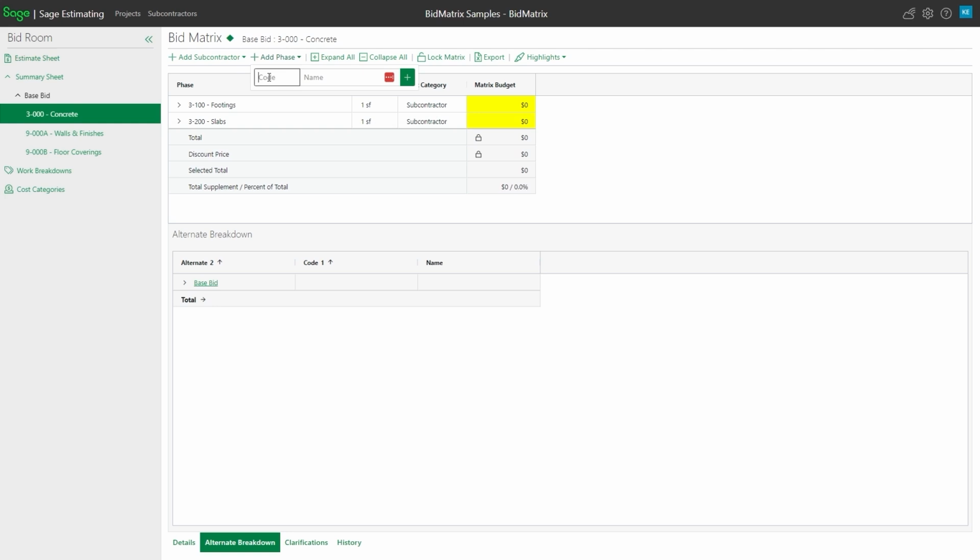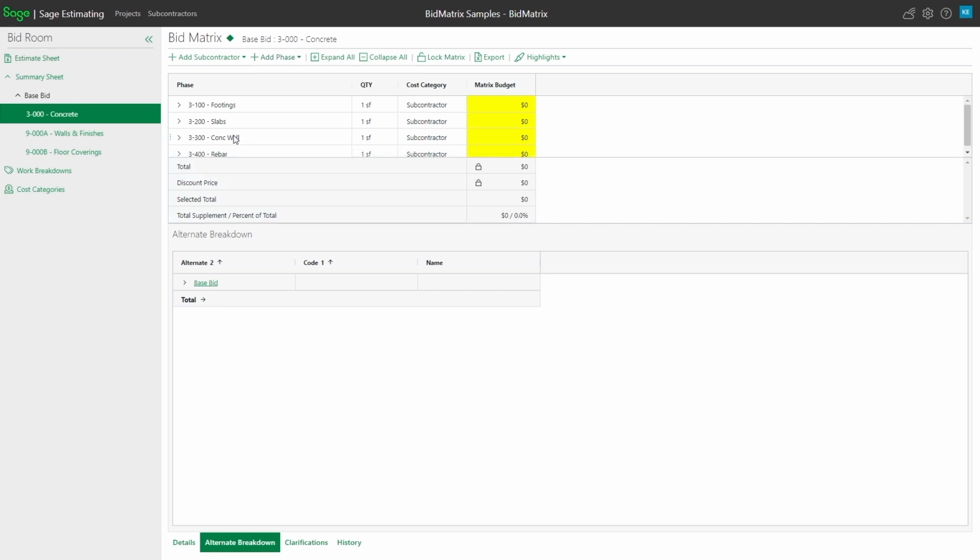I'm going to hit enter again since I've got another one, 3300, concrete walls, and 3400 is maybe my rebar. So in this case, we have just created four different phases that, when bids start coming in, I can compare against other subcontractors and so forth. So that's an example of creating a bid matrix, creating phases within the bid matrix.